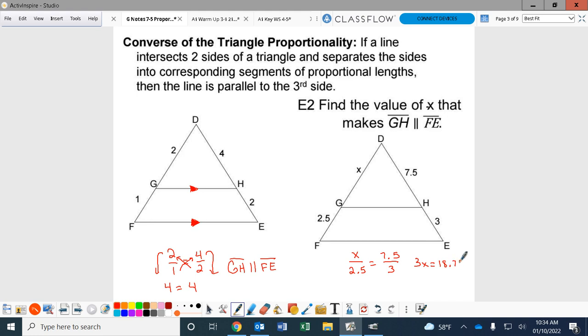0.75. There we go. And then we divide by 3. Divide by 3. I think I can, hold on, don't say it. I can do that one without the calculator. It's going to be